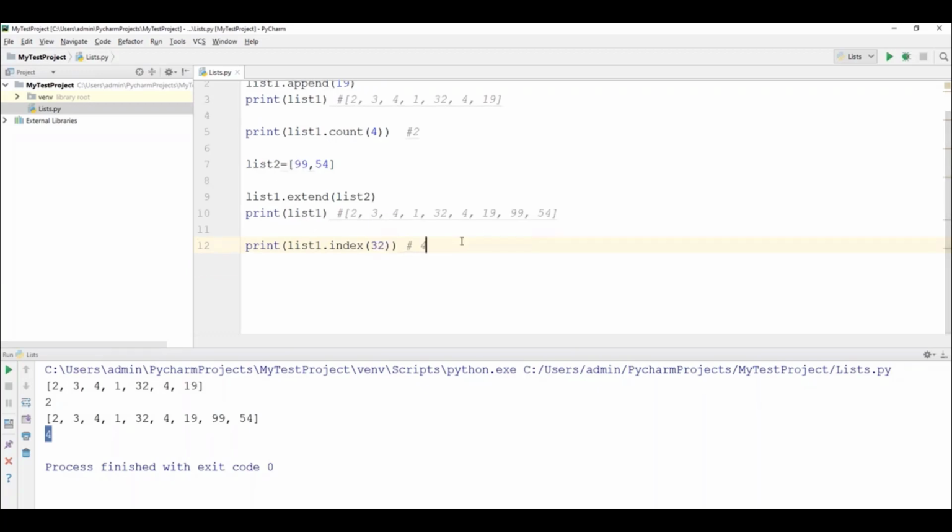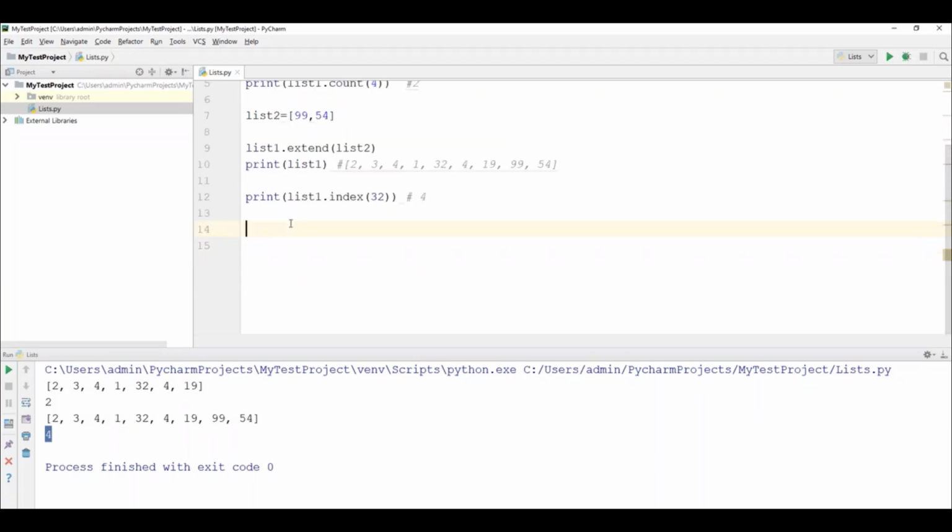Okay. Now I'll show you one more function called the insert function. How we can insert values into a list. So currently we have these values in list 1. Now I'm going to insert one more value in list 1. So how can we do that? List1 dot insert function. Where I need to insert, I have to tell the index number. Let's say I want to insert a new number in the first position, let's say 25. Now what this function will do is add 25 in the first position. So 2 is the 0 position, 3 is the first position, right? So here it will add.